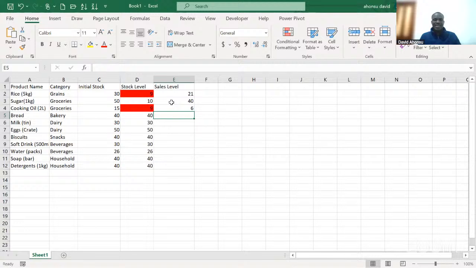For our bread, because people eat a lot of bread, let's say we have sold 35. For our tin of milk, let's say we have sold 23 for the week. And then for eggs, we sold 40. All right, we have 10 left. So that is how you populate your sales level so that you will see what is